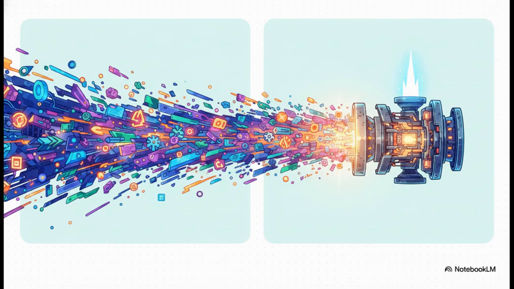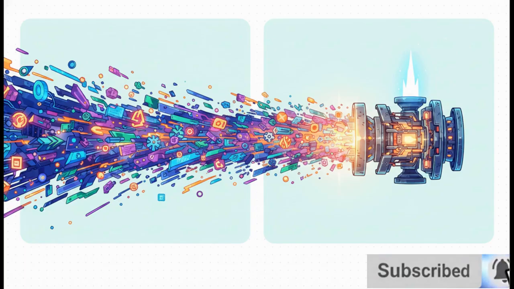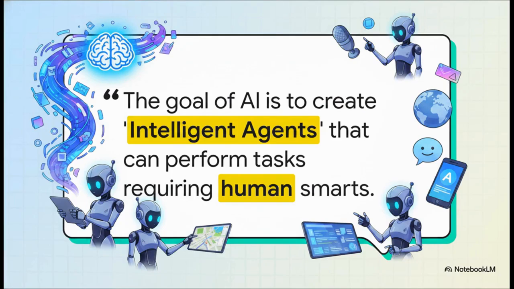You cannot have one without the other. AI needs massive amounts of data to learn and get smarter. And without AI, big data is just a useless pile of information. They have to work together. And this is a great way to put it. If you want a perfect one-line definition for your exam answer, just use this. The whole goal of AI is to create these intelligent agents like ChatGPT or Alexa that can do things that we once thought only humans could do.